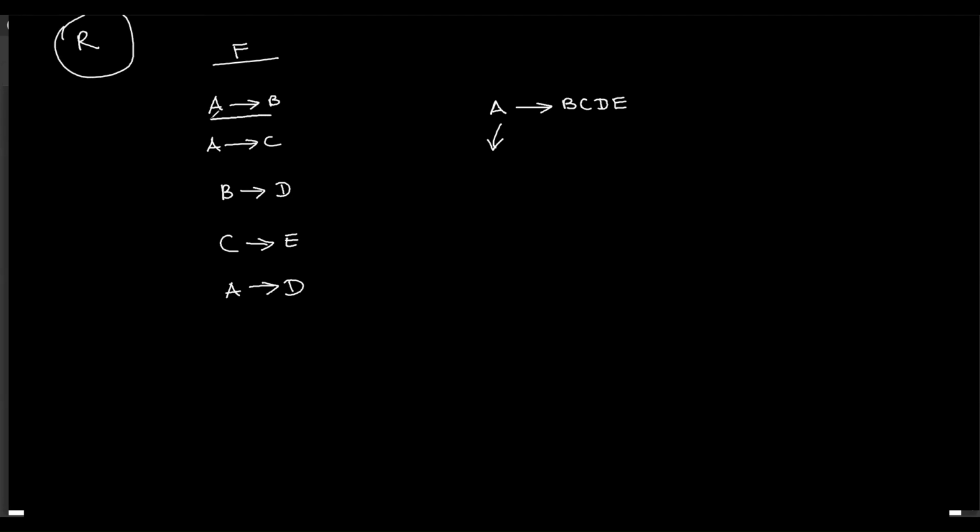Shall we see? A functionally determines B, A functionally determines C. To show that A functionally determines B, C, D, E, I just have to show that A functionally determines E. If I prove that, I can use that, and finally I can apply some unions. So we have 1, 2, 3, 4, 5. Let's use 2 and 4. From transitivity of 2 and 4,